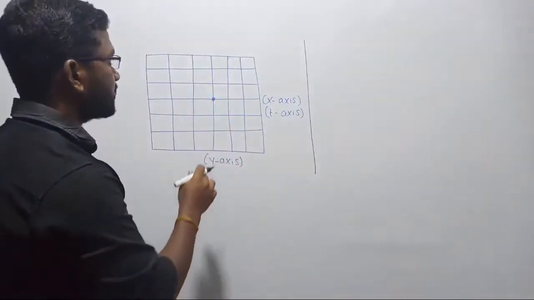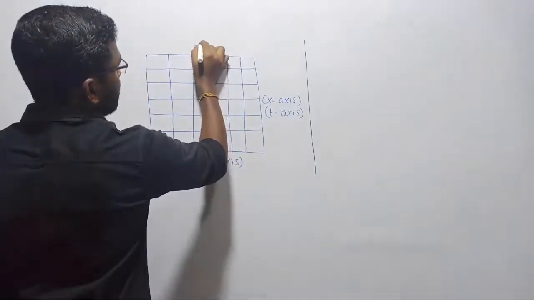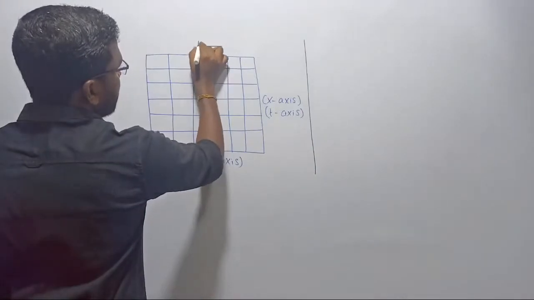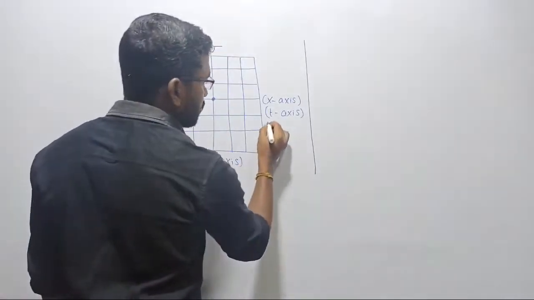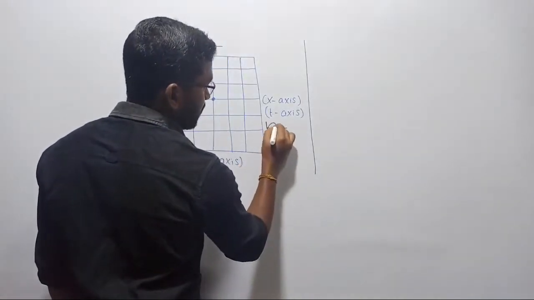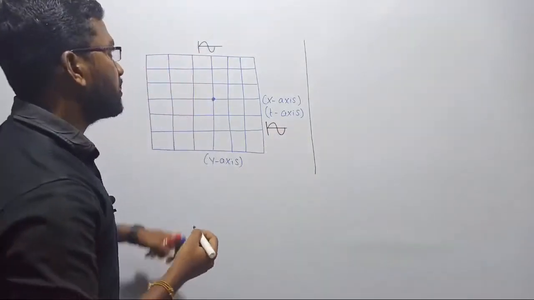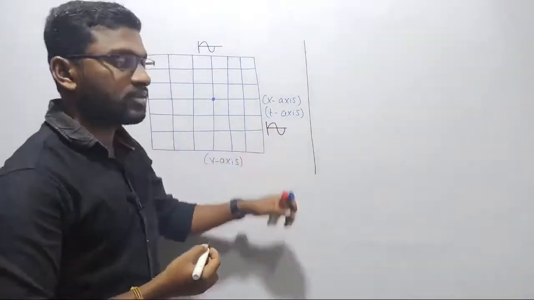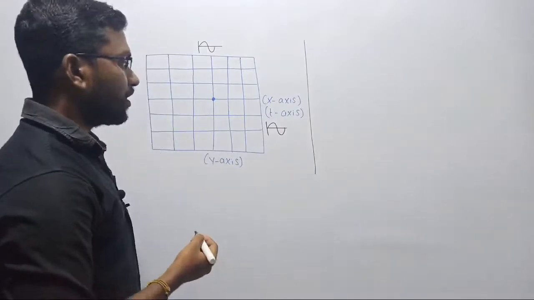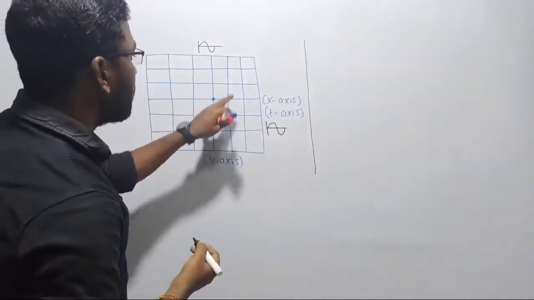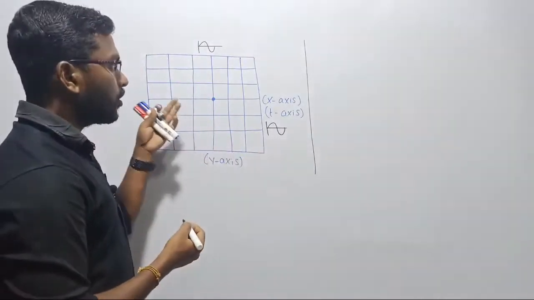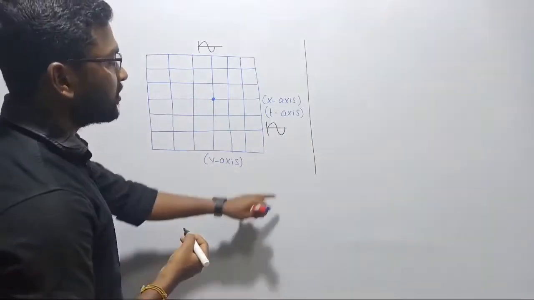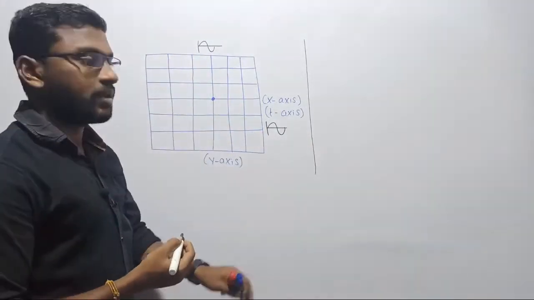Screen output in the sense, first through the y-axis we are going to pass a sinusoidal signal, and through the x-axis also we are going to pass a sinusoidal signal. But one signal is an unknown signal and the other is a known, standard signal. Our target is to observe the pattern on the screen, the pattern of the waveform in the CRO, while passing 2 sinusoidal signals with the same magnitude.